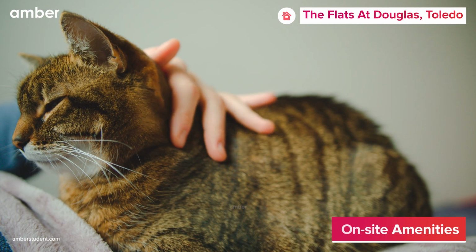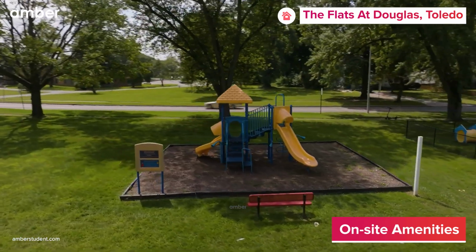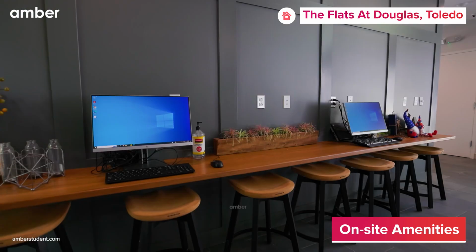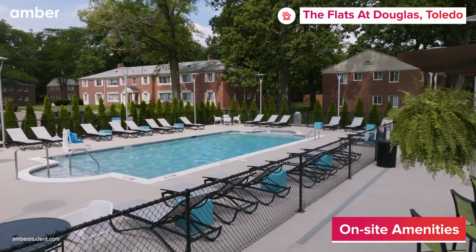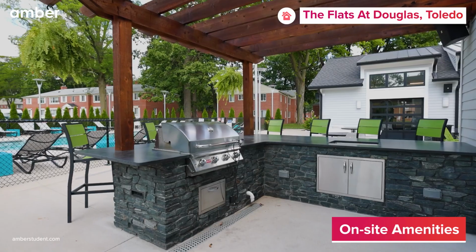This pet-friendly living has a dedicated park for your fuzzy friends and a playground for a sweet dose of sunlight. Head to the fitness centre or unwind in the yoga room after hustling in the computer bar. Start fresh in the resort-style pool. Gather your thoughts on the sun deck and mingle in the clubhouse or by the fire pit with food from